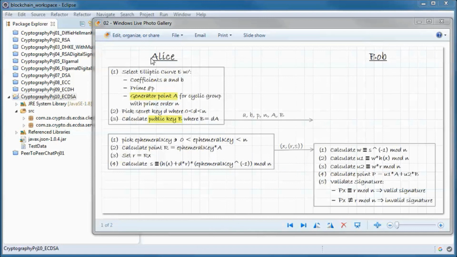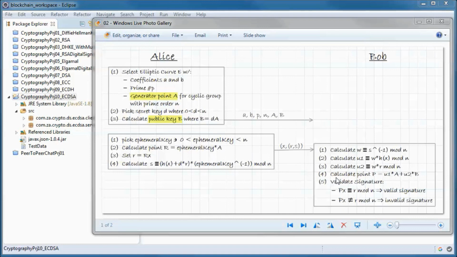And Bob has domain parameters for Alice, and he has her public key uppercase B. So he starts by calculating W, which is congruent to the inverse of S in mod n, and then he calculates U1 and U2. So U1 is congruent to W multiplied by h of x in mod n, and U2 is congruent to W multiplied by R in mod n.